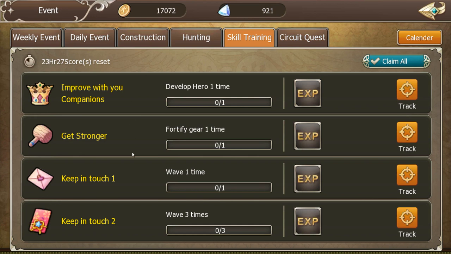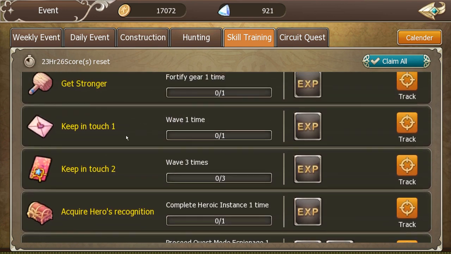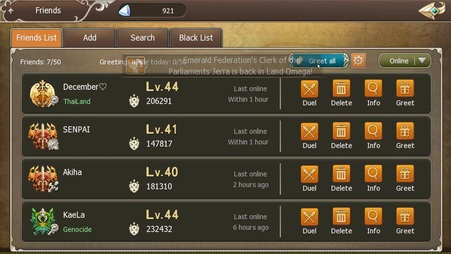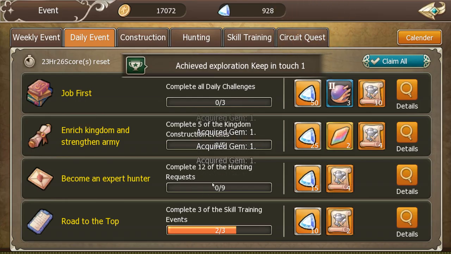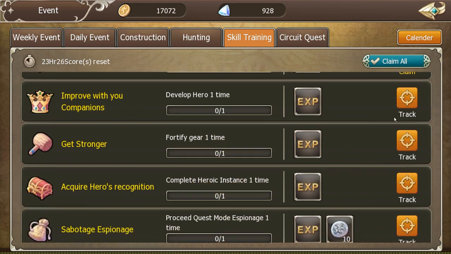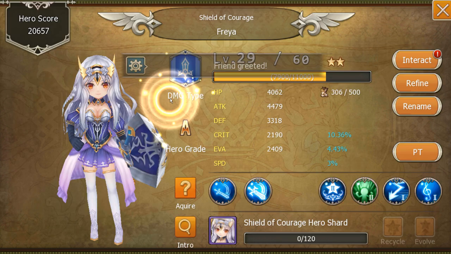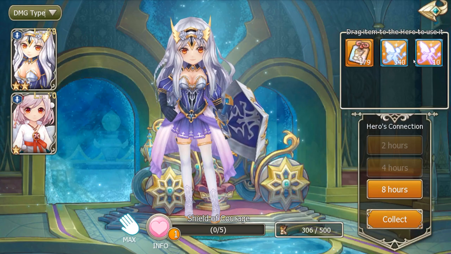You've got skill training where you develop the heroes. Keep in touch, this one is really easy. All you have to do is go into your friends, click on the greet all button, and that's done. Let's see. Then improve your companions. This is pretty easy as well. You just have to develop your hero one time. So just go there, click on the target, and then click your best hero, interact with it. Then you drag